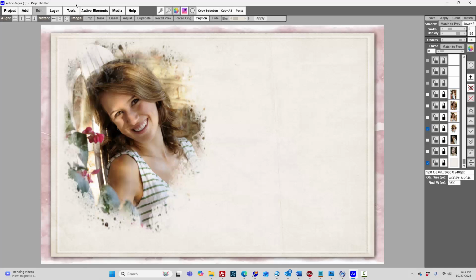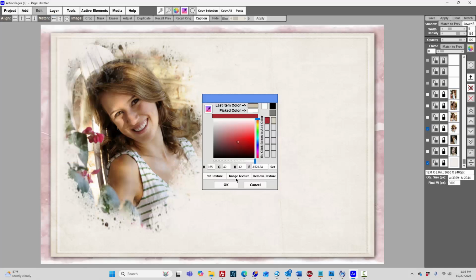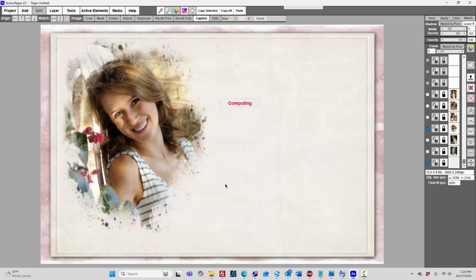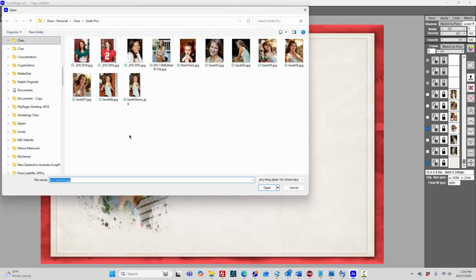I think it'd be better if I change the background again. I'm going to go in and change the background and use a darker color. I'll stick with the same texture. So when it comes up now, it'll look like that. So then beyond that, I went to pictures again, and I added a bunch of